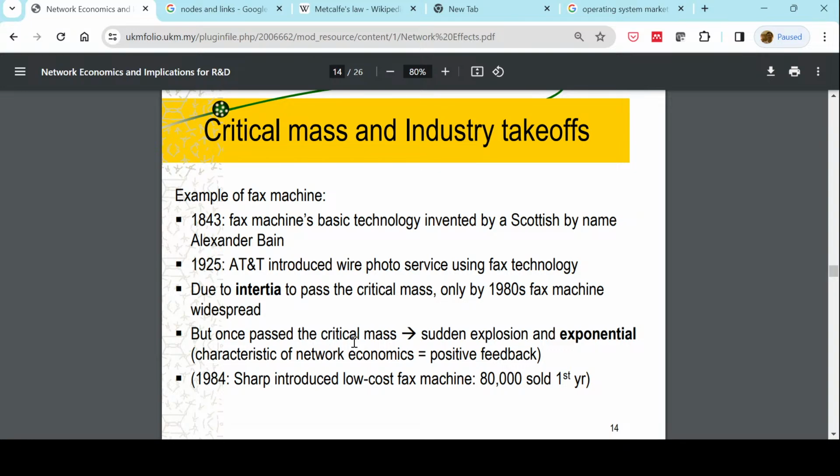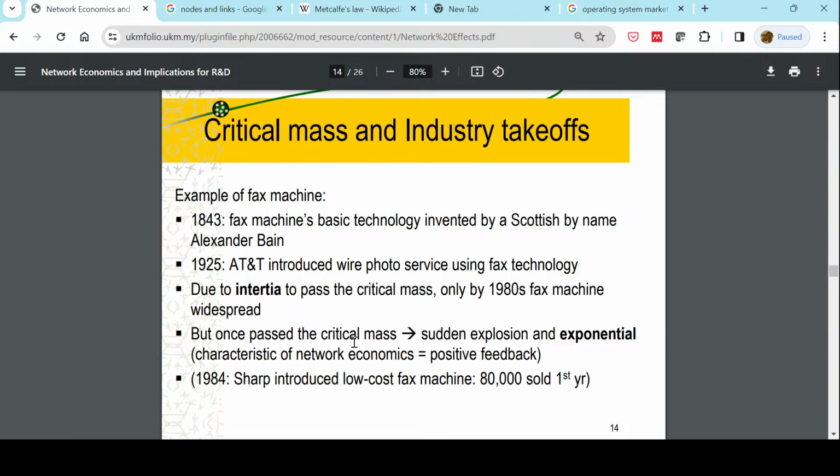Why exponential? Go back to Metcalfe's law. N to the power of 2. That's exponential, not a straight line. Exponential increase. Example of the fax machine, 1843, long ago. The fax machine was invented by this person, and in 1925, AT&T, American Telephone and Telegraph Company, introduced a wire photo service using fax